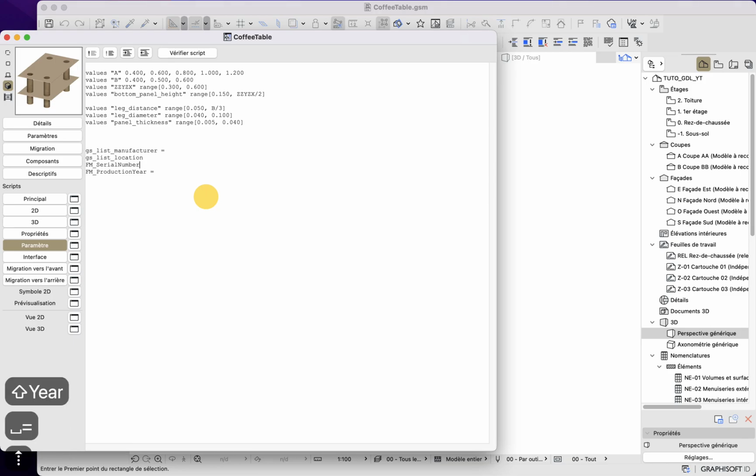Equal. Now I want to put the values that need to be filled in my description. So this will be me. This will be friends. This will be 1, 2, 3, 4, 5, 6.